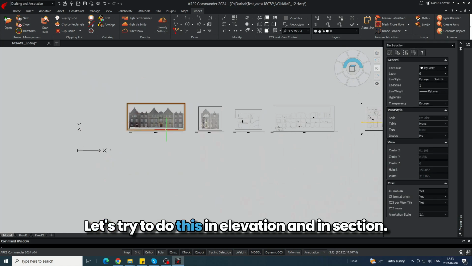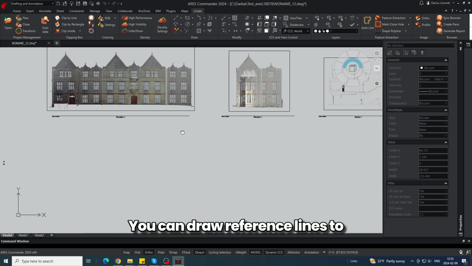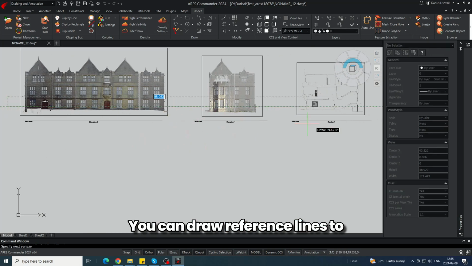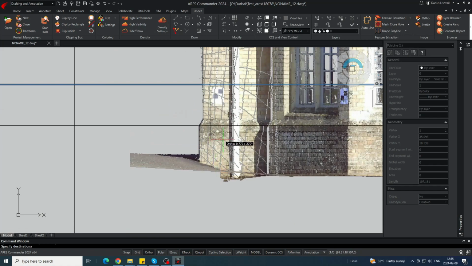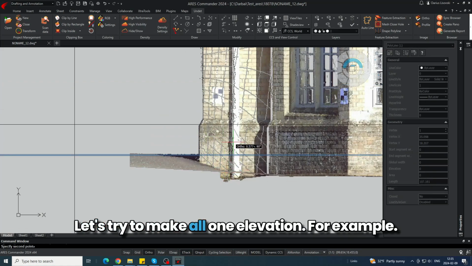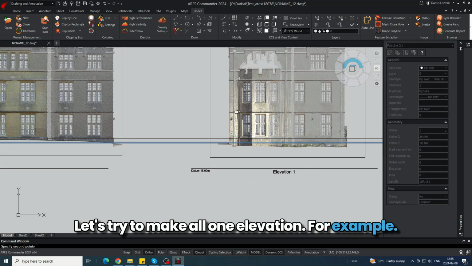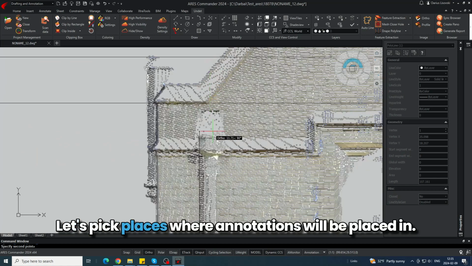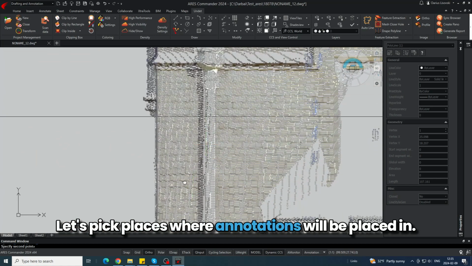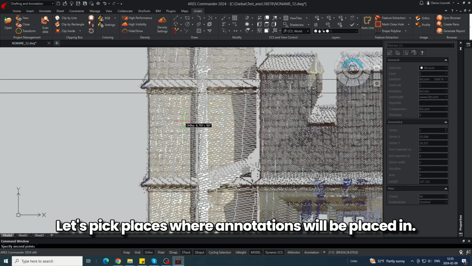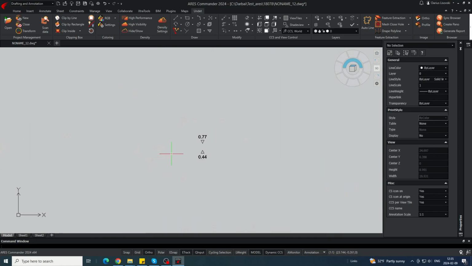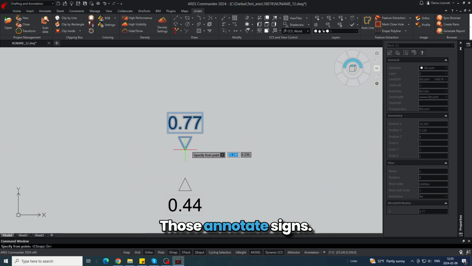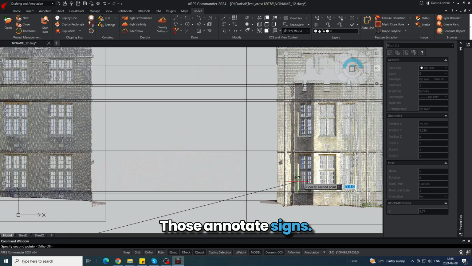Okay, for now. Next step is to set annotations of height in elevation. Let's try to do this, in elevation and in section. First, you can draw reference lines to have the exact place of annotation. Let's try to make it for one elevation, for example. Let's pick places where annotations will be placed, in exact place right here,